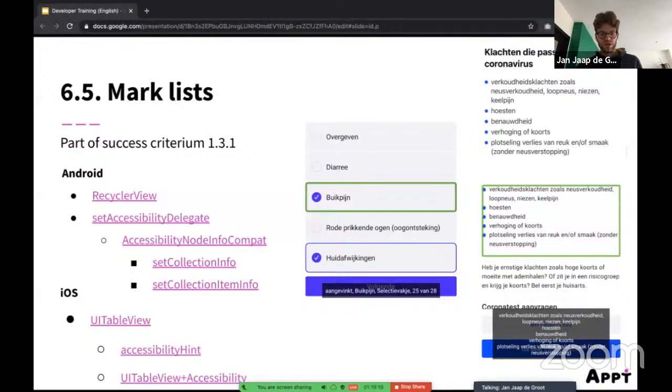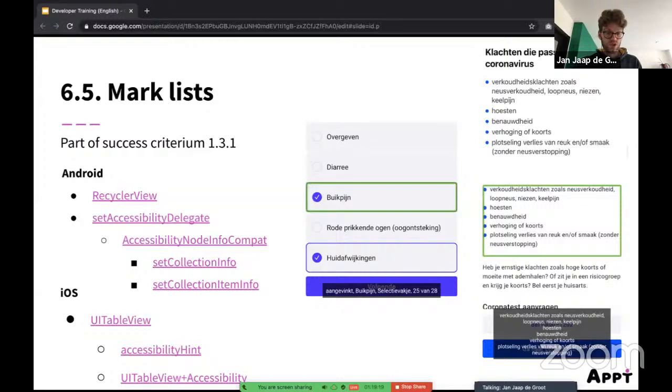Because then all the UITableViews you use are accessible by default. It's open source somewhere in the Corona check GitHub, but later I'm planning to make a library for Android and iOS with some useful methods. So maybe if you're interested in this, you can email me. My contact details will be at the last slide.